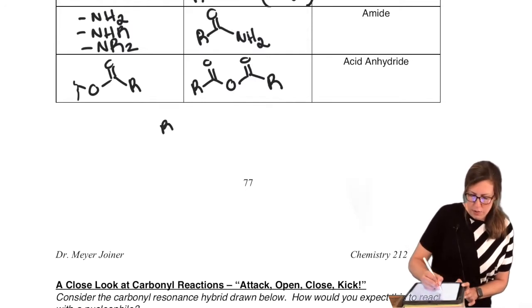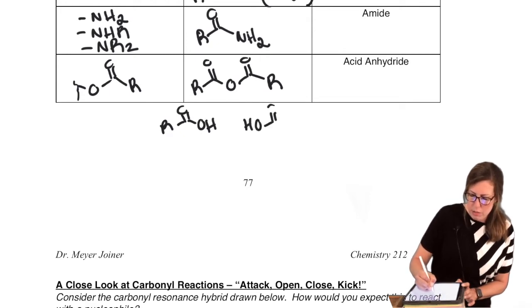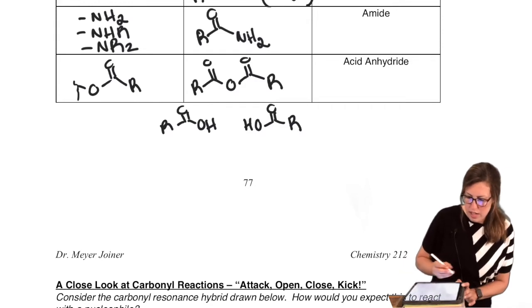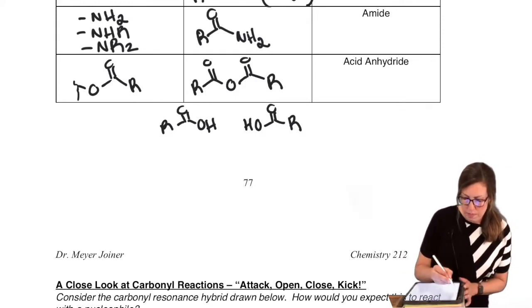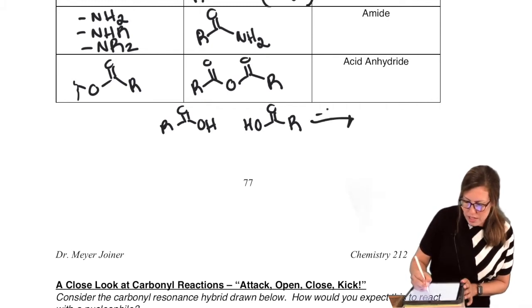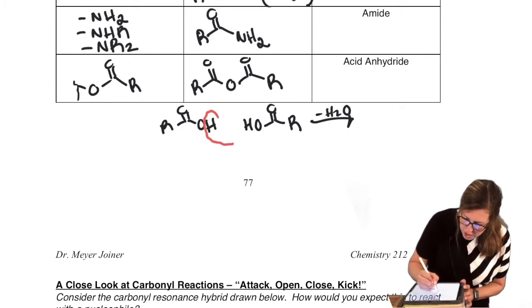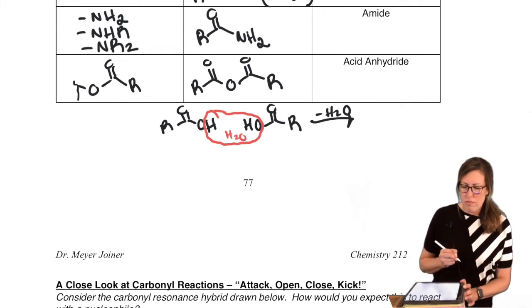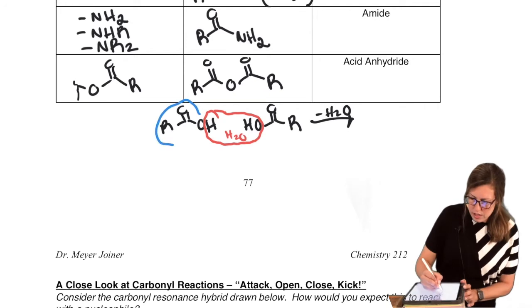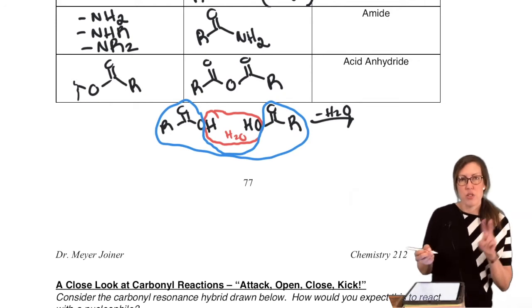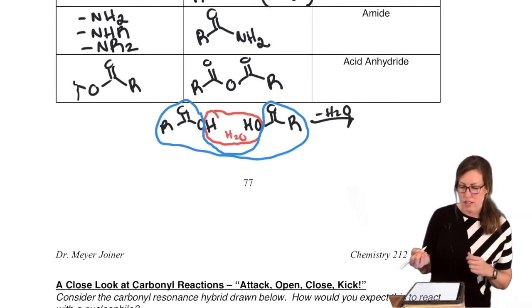It's because if you take two of your carboxylic acids, and I'm going to write them as mirror images on purpose, just because I think it makes it a little more clear, and we do a reaction where we combine two of them, what's called a condensation reaction, minus water. So let's take water off. Take an H2 and an O. Notice what's left is an acid anhydride. The two carboxylic acids minus the water: anhydride. So it truly is a carboxylic acid derivative. It was derived from two carboxylic acids.